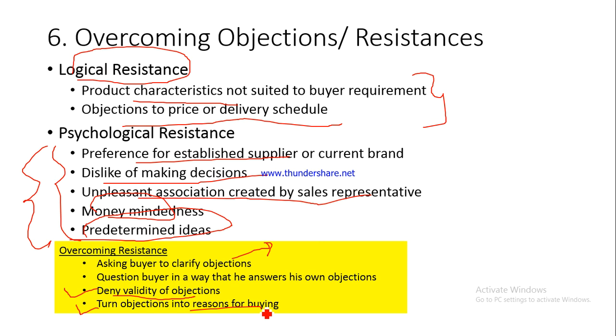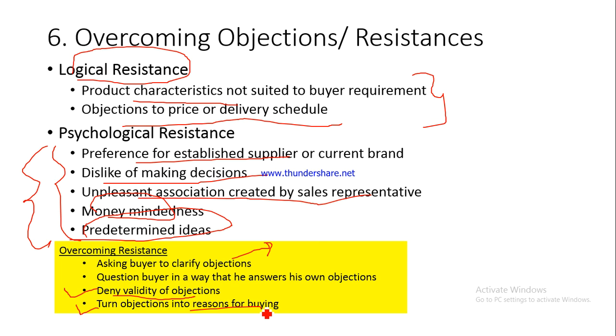So they would say, sir, seating space is a little less in the Maruti Zen when you compare it with WagonR. But still 5 passengers can sit, which includes the driver, which is the case with WagonR also. And since the seating space is a little less, the AC would be more effective. So now they have turned the reason given by the buyer into a reason for buying the product. Turn the objection of the buyer into a reason for buying the product. For this, you need to be very, very creative, and you need to know about the product that you are selling.